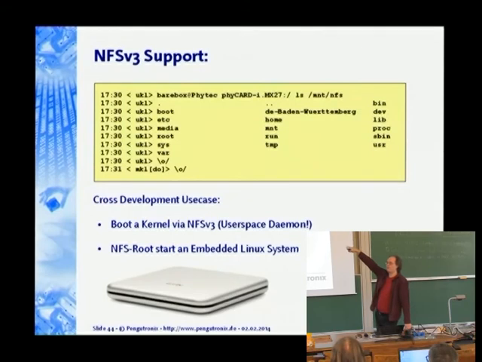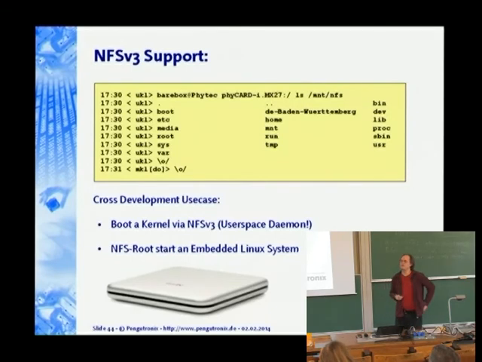This is an excerpt from the Pengutronix internal IRC from Friday evening, Friday night, now Friday evening here, where one of the colleagues is working on this television DVB-T device with an i.MX27 CPU on it, which just has a television receiver on one side, a network on the other side, and you can stream television to the local network. And on this device, he's working on NFS version 3 support in barebox. And as you can see here, he can have a look at the file system on the server here.